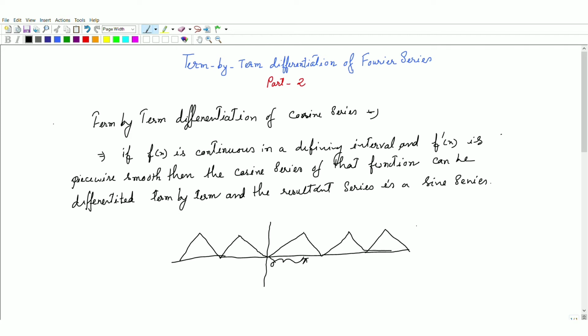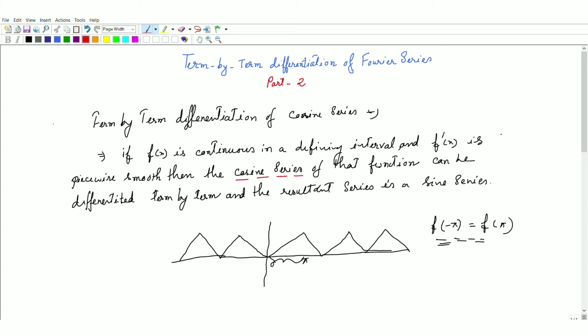So in this case, when we talk about the cosine series, we need not give this definition, f(-pi) = f(pi), because this will anyhow be equal. If it is a cosine series, then we don't require to write these things. Cosine series means we are talking about even functions. So you have to remember that a cosine series can be differentiated term by term.